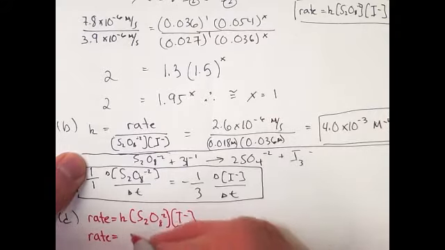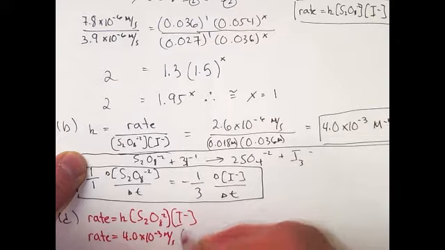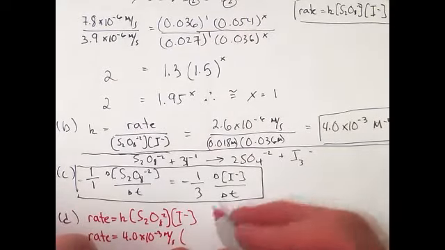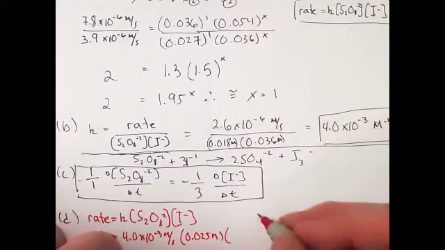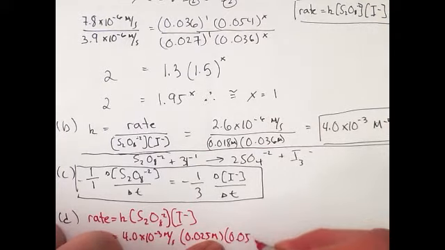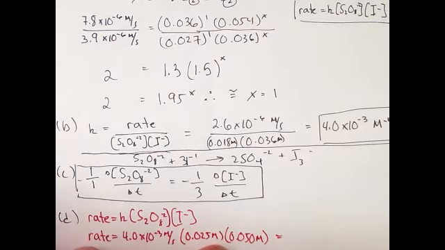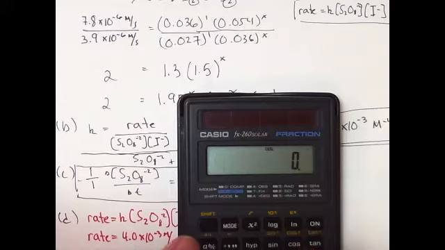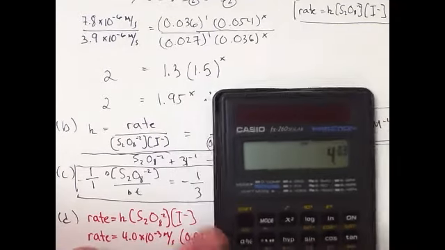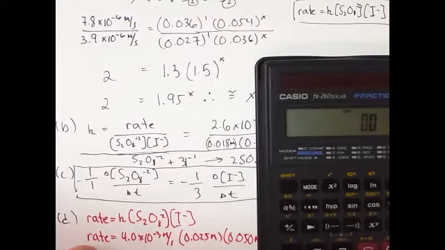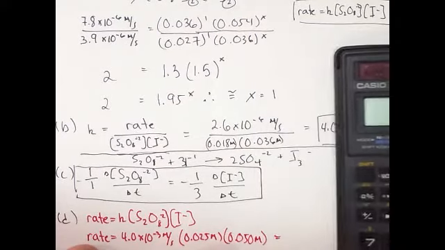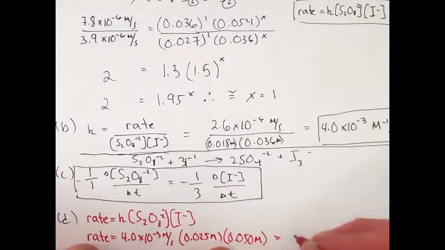The rate is equal to the K that we found, the concentration of S2O8 from part D, the concentration of iodide from part D. Throw that through the calculator. Equals